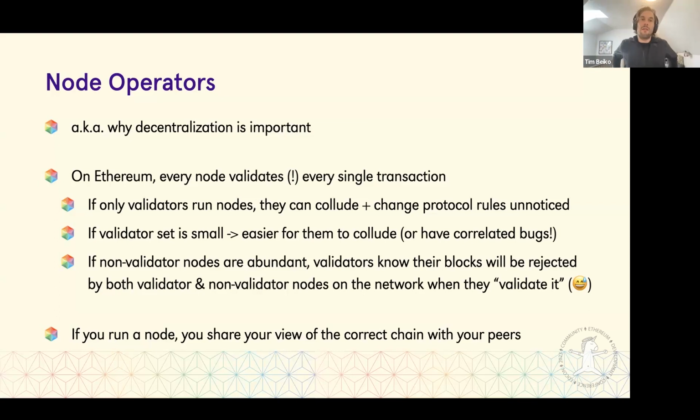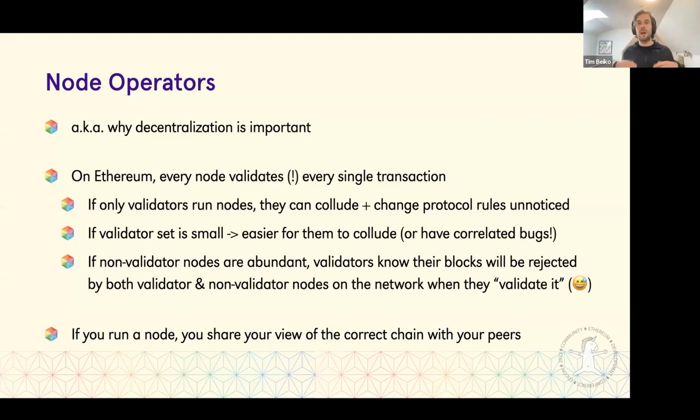And so if you have a blockchain where the non-validator nodes are abundant, then the game theory for the validators is: if they propose a block that is invalid, because either they mint themselves infinite ETH or they have a bug in it, then all of the other nodes on the network will reject it when they see it, and they just won't propagate it. And this means this validator will have missed their slot, right? They'll just have proposed this block that was bad. Everybody will agree that it's bad, and they'll miss the potential fees they could have gotten on a valid block.